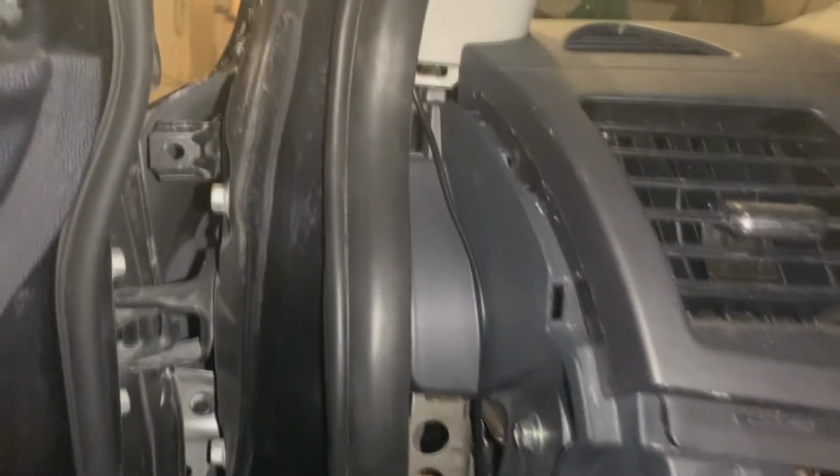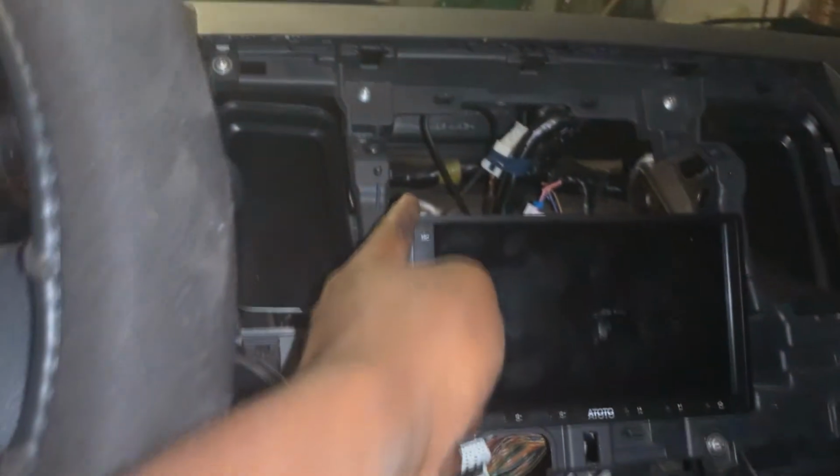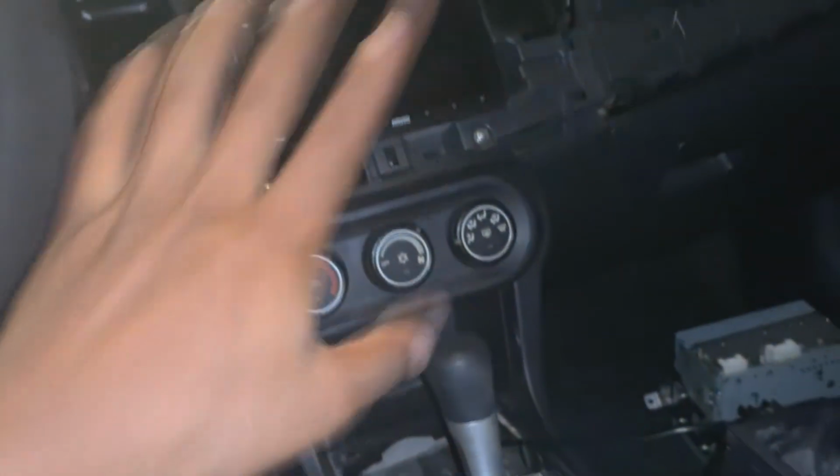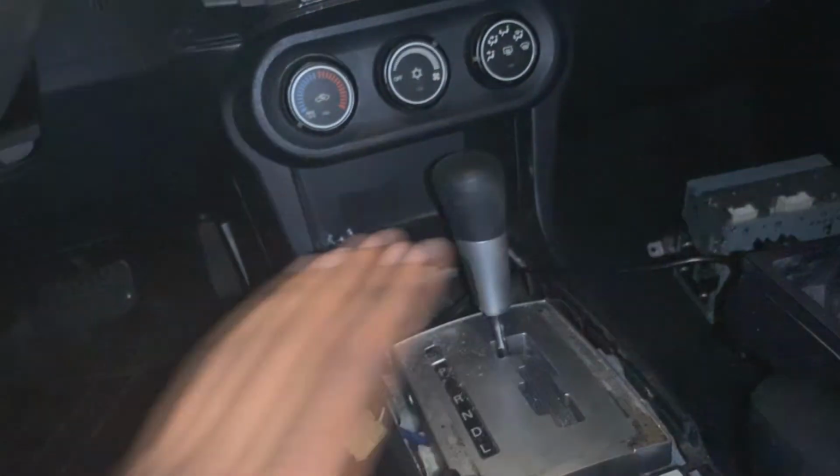Got it right here, and then running up here and up into here. Just trying to see it poking out a little bit, and then right under this, and then you see I still got some wire left out here. Focus that real quick. Still got some wire left out right here. And then I have it going through here, under the steering wheel, and then coming back into the radio. So that is done. I'm just gonna clean everything up, button everything back up, put the head adapter in, clean all this up,